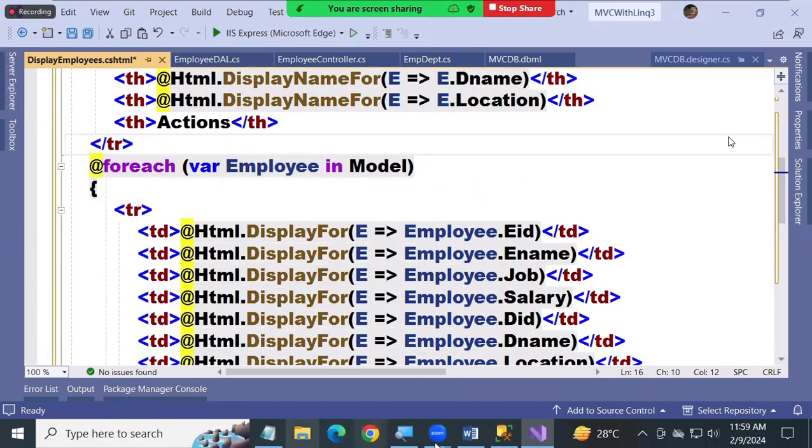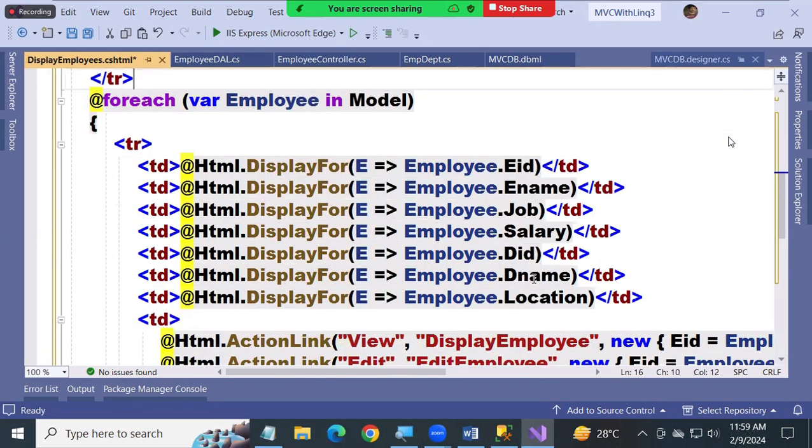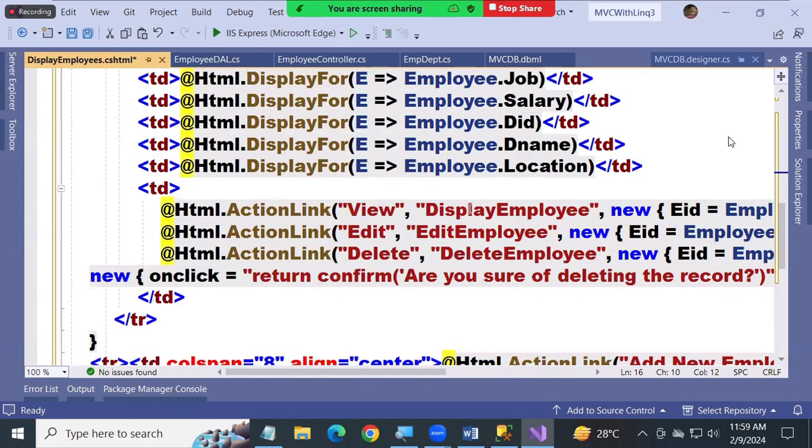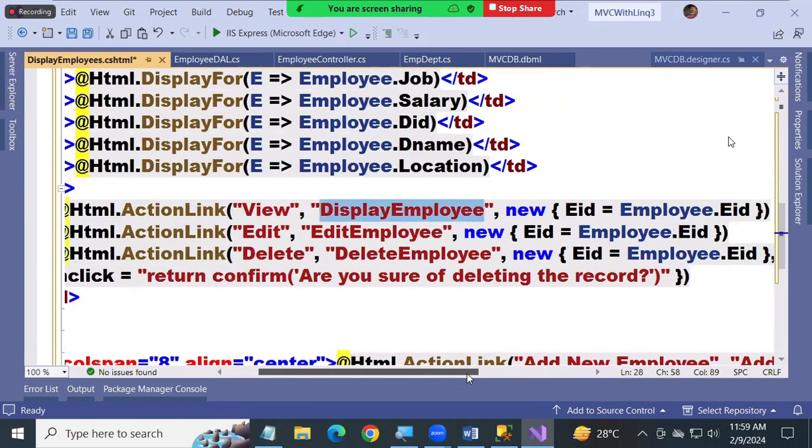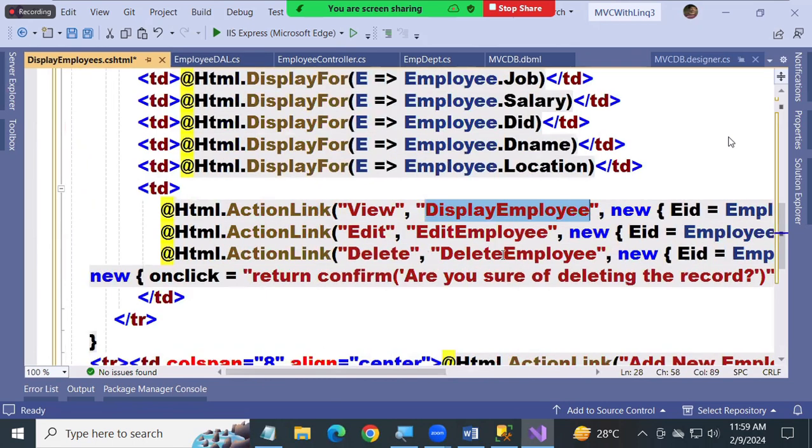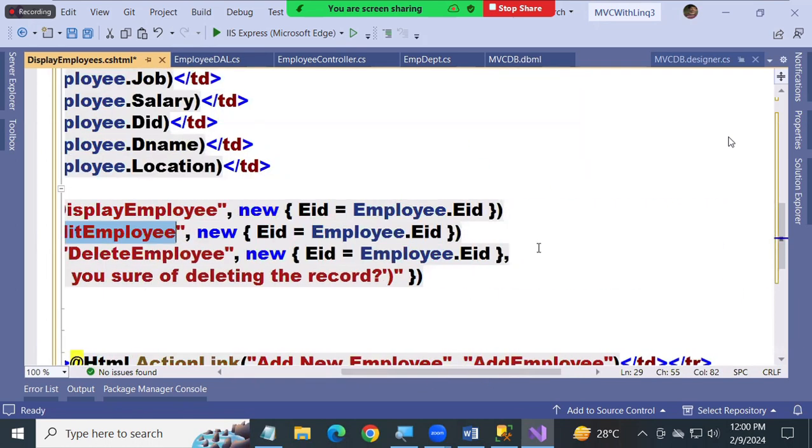Same way, you're mapping it, picking all. Next, it should call DisplayEmployee. What are you passing? Employee ID. EditEmployee. What are you passing? Employee ID. DeleteEmployee. What are you passing? Employee ID. And also